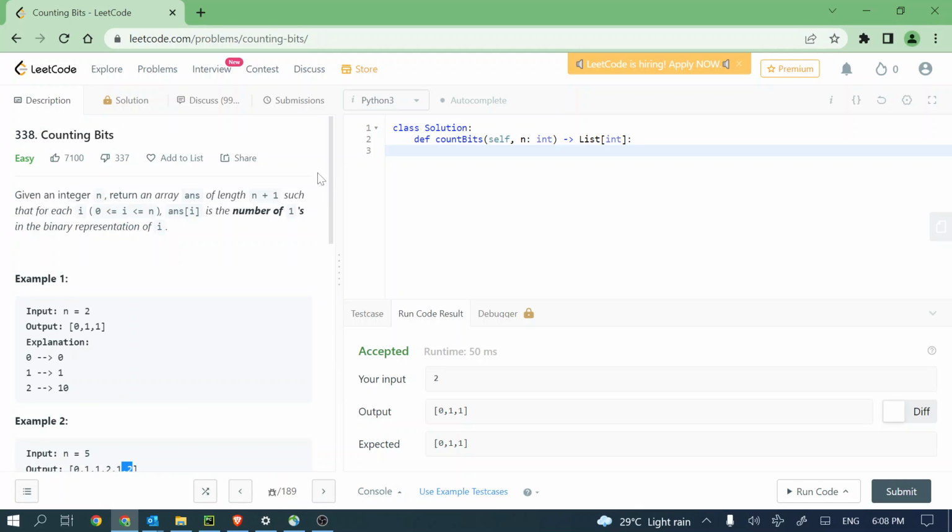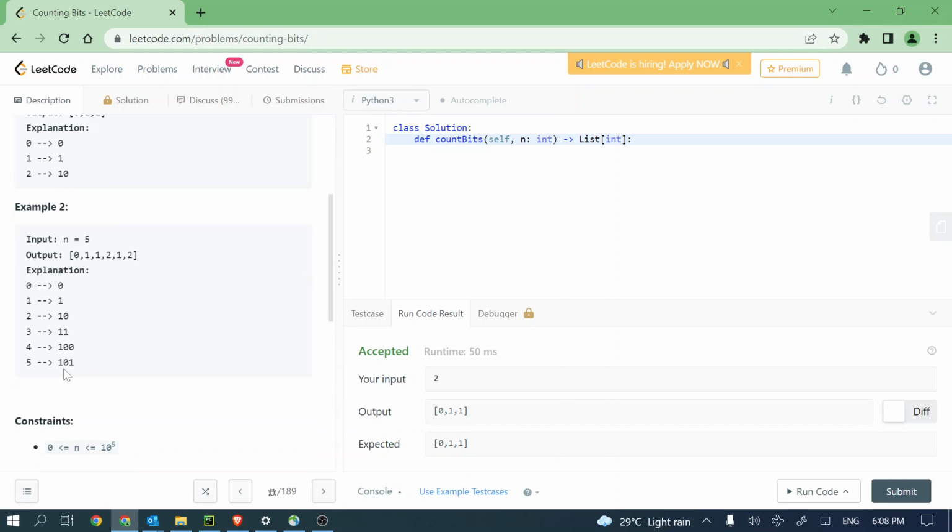So to solve this problem, you need to know the relation that the number of ones in an even number is equal to the number of ones in the number which is half of that number. See, 4 has number of ones 1. Similarly 2 also has number of ones 1. So we can come up with this relationship that if n is even,